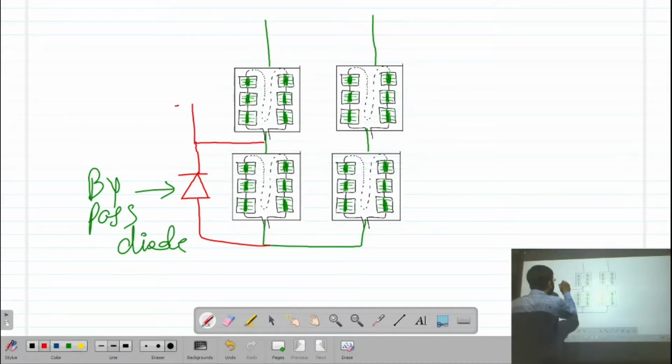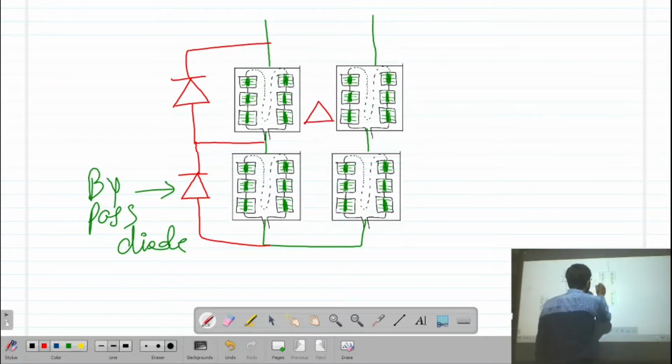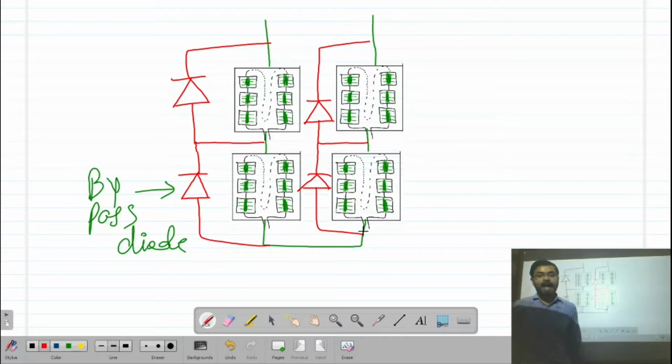This bypass diode will be connected individually to all the systems, in this way. I am just using one bypass diode. In the textbook or the reading material, you can see 2 bypass diodes are also connected to reduce the risk of the systems getting damaged. People also use more than 1 or more than 2 bypass diodes. This is just for our understanding, right? So this is all about the mismatch in the modules.